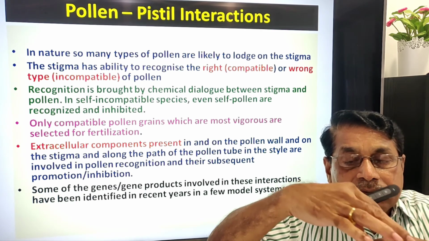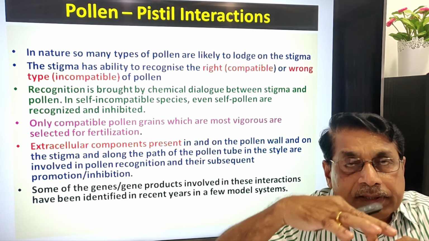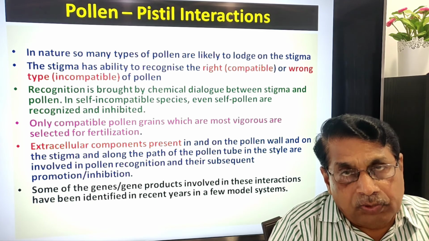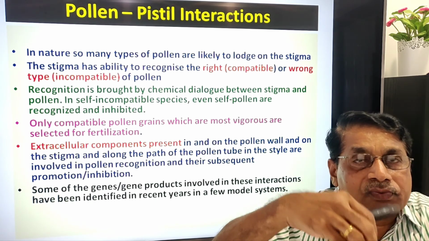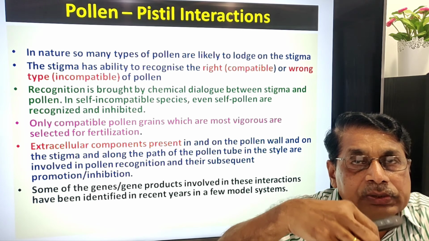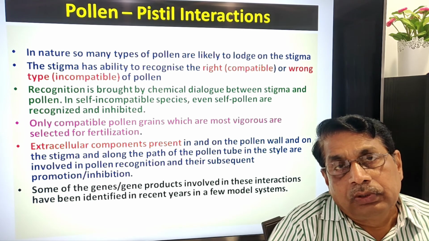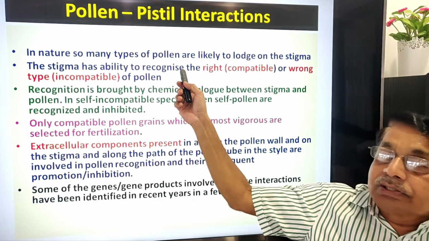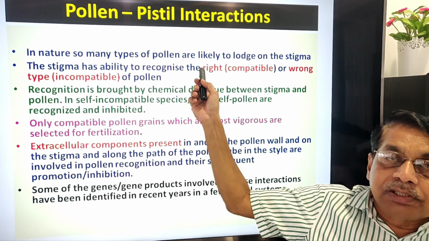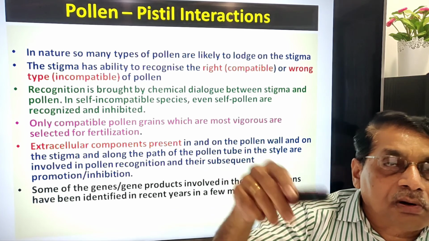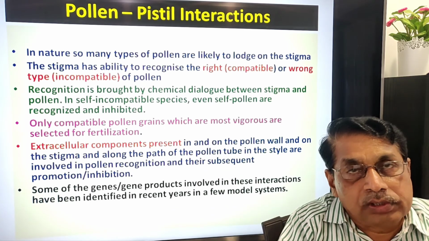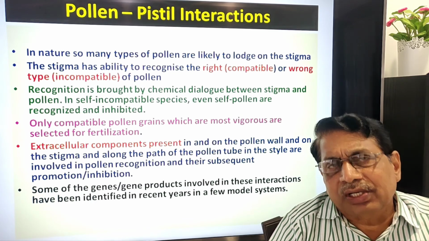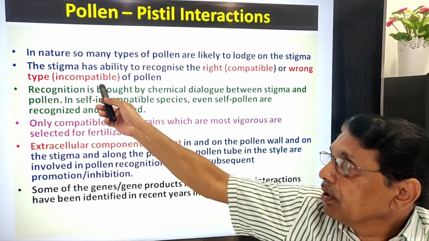There will be an interaction between the pollen grain and the style chemically, or providing the nutrients, because when the pollen grains fall, pollen grain germination requires nutrients and moisture. So incompatibility: if the right pollen grains fall, they germinate; they are compatible. Sometimes if the wrong pollen grains fall, they do not germinate. The stigma doesn't allow the pollen grains to germinate, or the pollen grains themselves do not germinate. This is called incompatible.